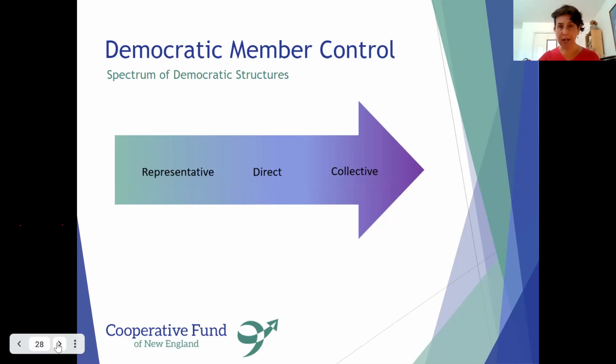And how member control happens, there's a spectrum of models depending on how big the co-op is, how complex, what sector, what its values are. Everything from direct collective governance and management, where everybody does everything and has the same jobs and makes every decision together, which might work in a small, very transparent and very agile organization, through to a direct democracy where maybe all the members sit on the board, but they're really clear about, we have our board hat on now, and then we have a job that we do that's separate,